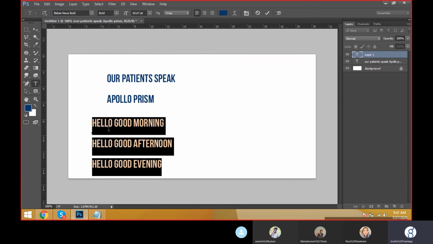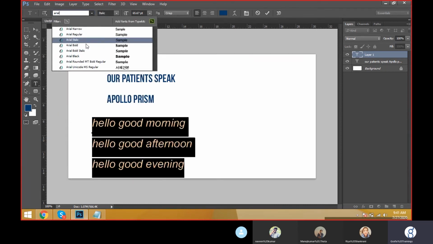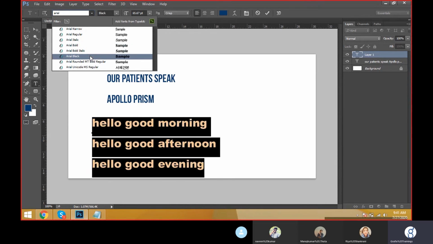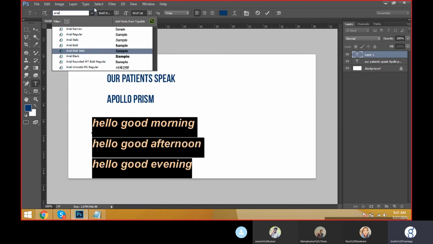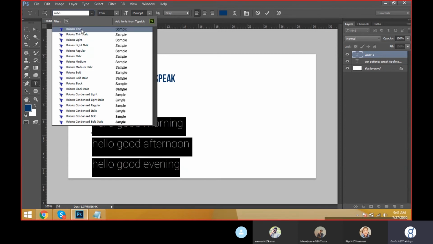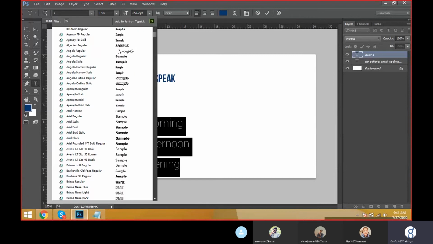Okay, Bebas means the text will be like this, some squeezed font. Then I need Arial narrow, Arial regular, Arial italic, Arial bold, Arial bold italic, Arial black. We have to know the font names, font family, as well as font styles also. Okay, then I need Roboto. This is a now trending font for the users where we are using for the clients. Roboto. See, this is a light font. The font is very thin. Okay. Now again come to the Roboto.